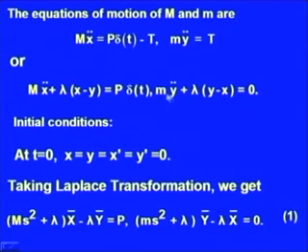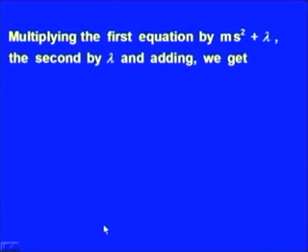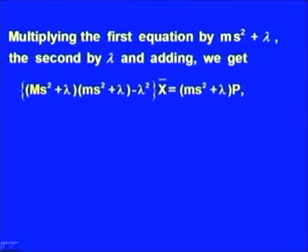the Laplace transform here, we get m times s square y bar minus s y(0) minus y dash(0). Again y(0) is equal to 0 and y dash(0) equal to 0, which implies that after taking the Laplace transform of this equation, one will have (m s square plus lambda) into y bar minus lambda x bar equal to 0, where x bar denotes the Laplace transform of x and y bar denotes the Laplace transform of y. Now, we multiply the first equation by m s square plus lambda, the second by lambda,